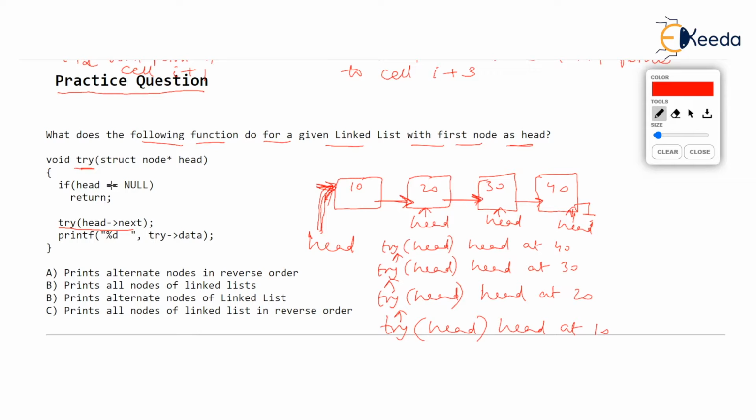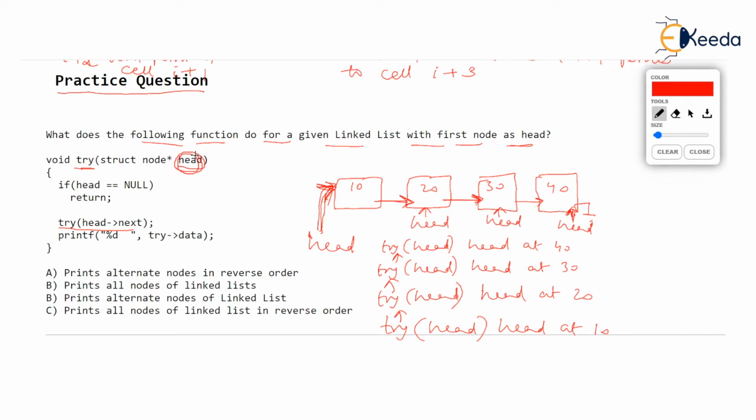So equal to null is false. So try gets called with head arrow next. Now, if try gets called with head arrow next, notice head arrow next is 40's next, which is null. So are you understanding? Try gets called with a null value. This head parameter now is going to receive null value.